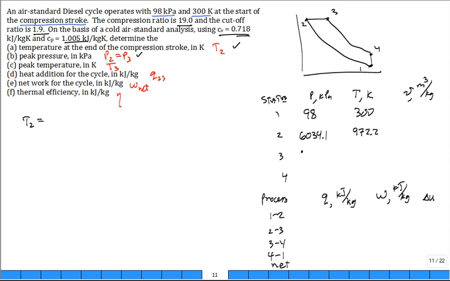Now, how do I get P3? It's the same as P2. How do I get T3? Use the ideal gas equation, where V2 is equal to V3, and that's equal to RT2 divided by P2, which is equal to RT3 divided by P3. Cancel the R's and solve for T3, which is equal to T2 times